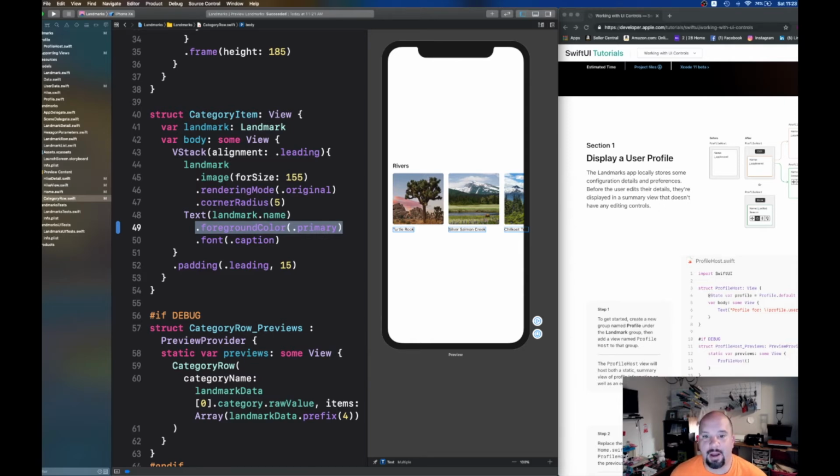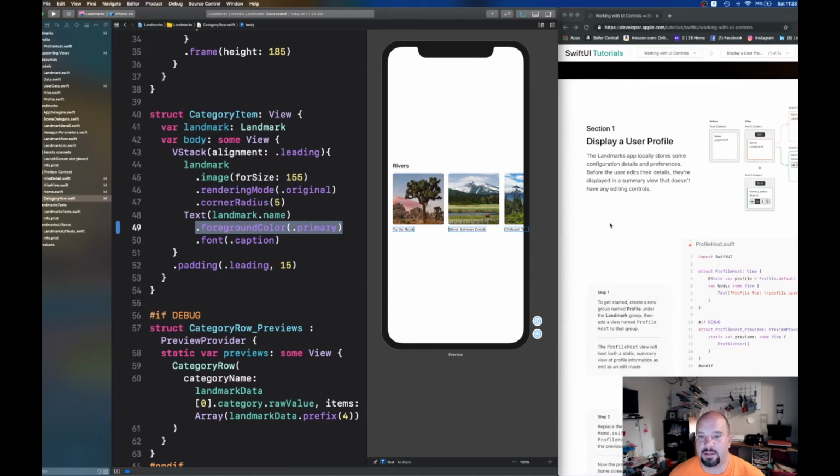So with that in mind, we will continue with the first section of displaying the user profile. Some of the stuff I've already done, because I was recording earlier and I ran into these problems. But I think I've cleaned everything up for the most part, and we can start going through this. So I hope you're walking through with me